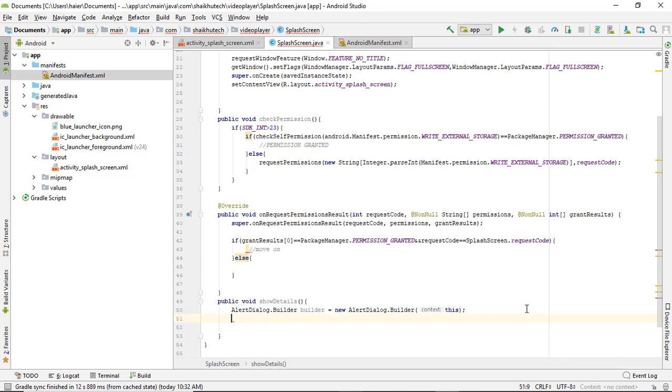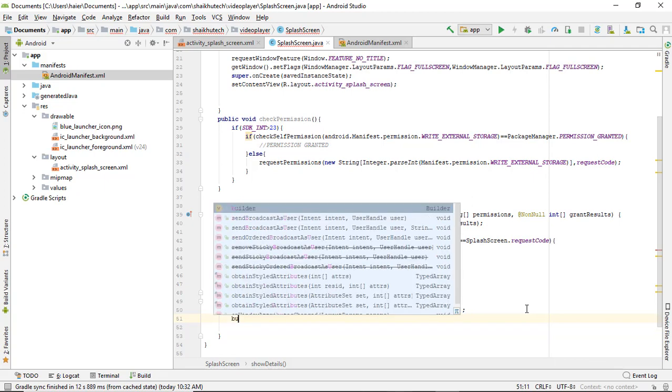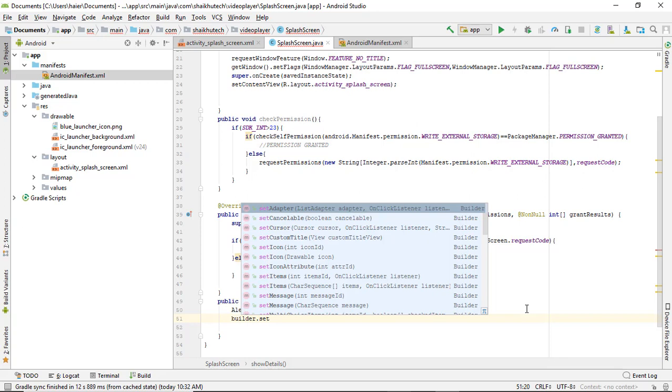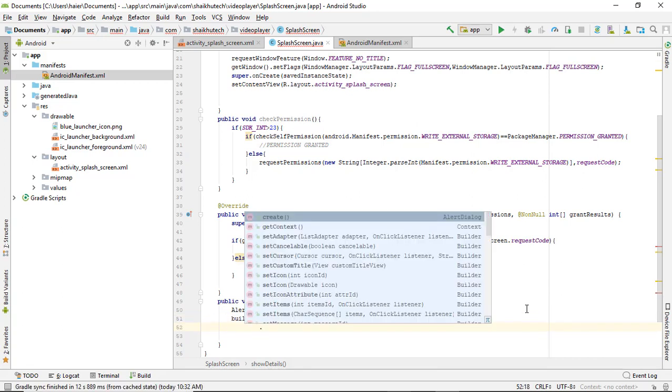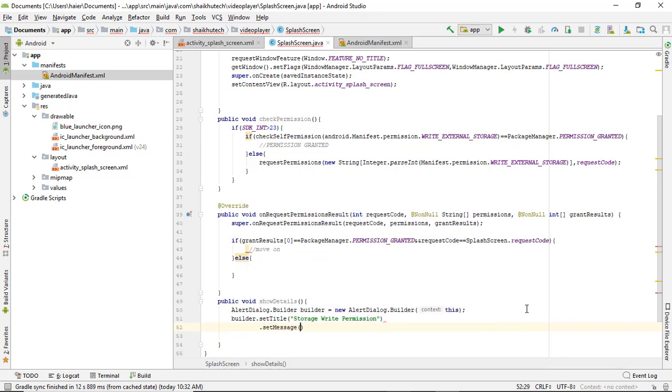We need to have, alright, what we need to do is builder dot set title. What will be the title of it? For example, I'm going to set storage write permission, and next what we need to do is to type in, for example, dot set message, and the message